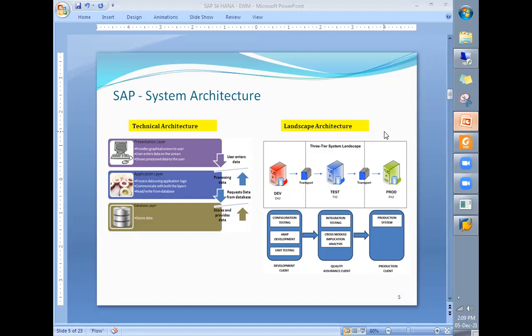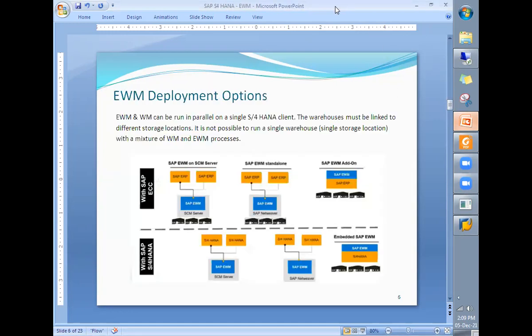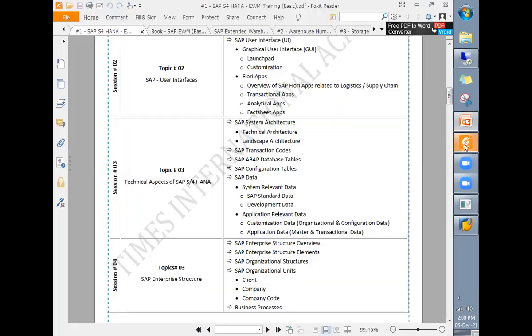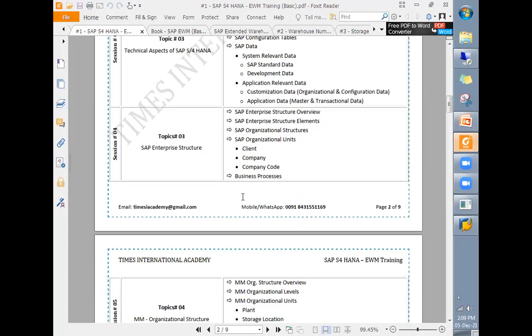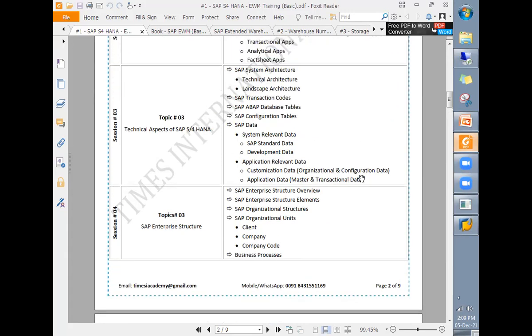Big-sized companies can go with a 4-system landscape. So based on the number of systems, it is called a 2-system landscape, 3-system landscape, or 4-system landscape.